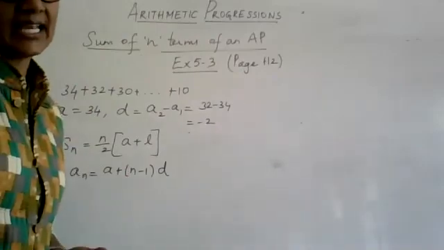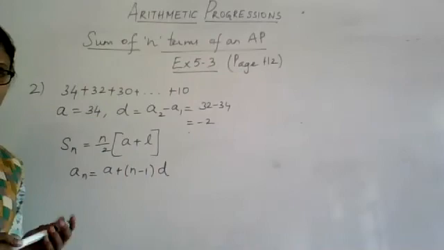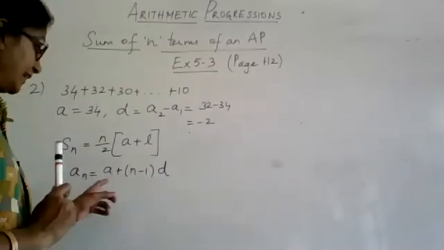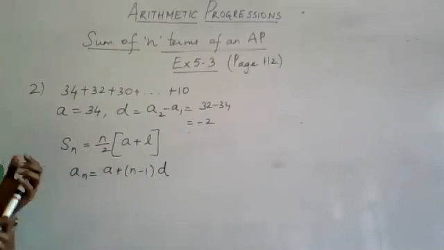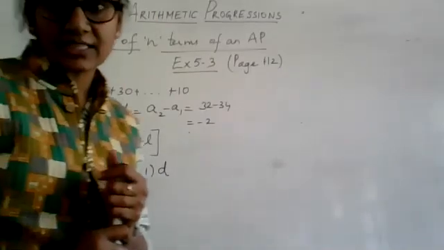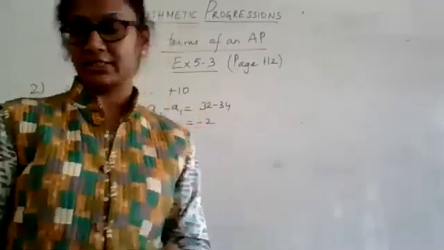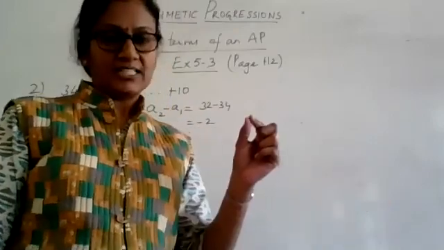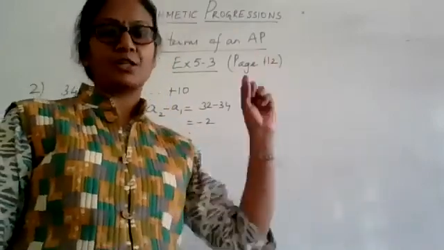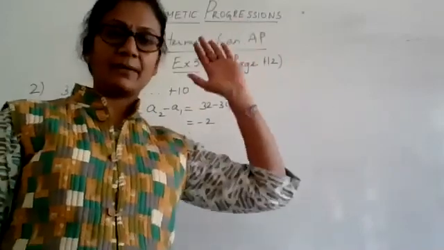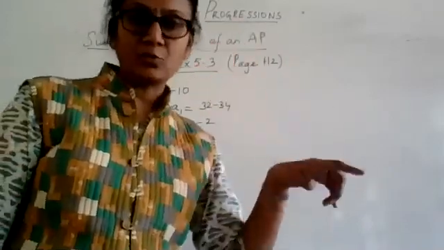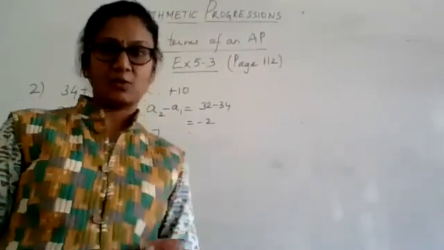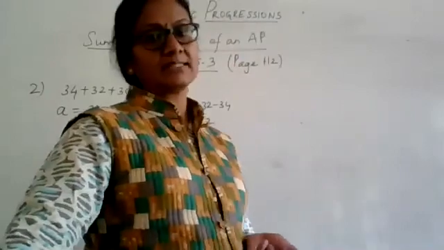So when Sn is asked in terms of the last term, you have to find out the number given to the last term. That n you have to find out. Only then you will be able to apply this formula. So I think I will stop here because we are almost in the last minute. The first and the second main you should be able to complete on your own. It is simply a substitution in the formula. In the first main I am using the formula Sn equals n by 2 times 2a plus n minus 1 times d, and in the second one I am using Sn equals n by 2 times a plus l.